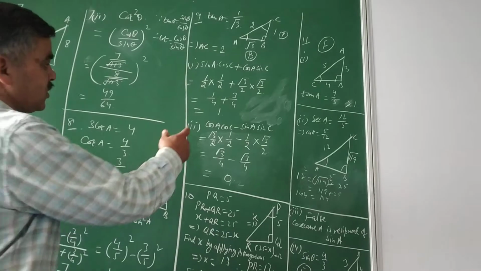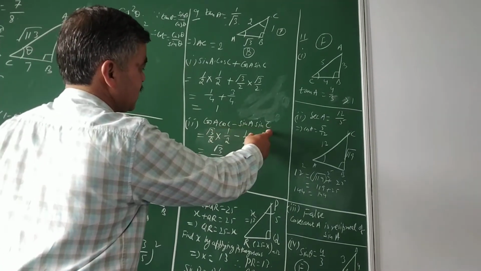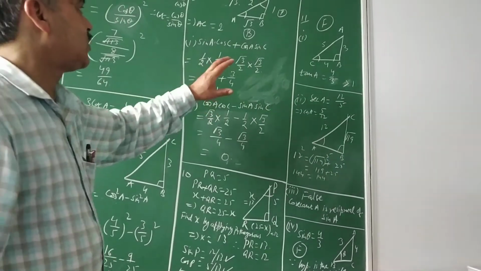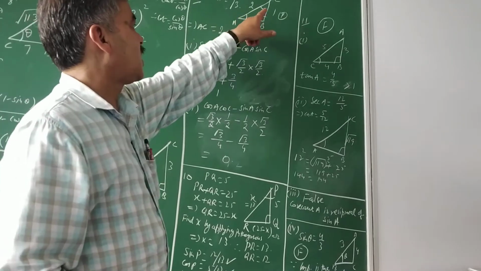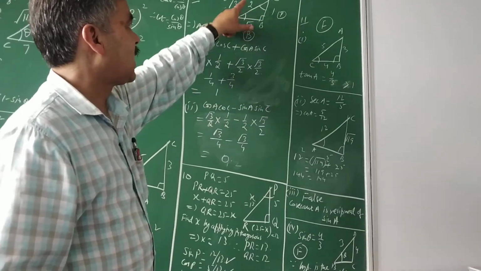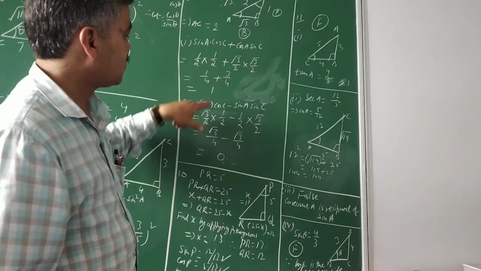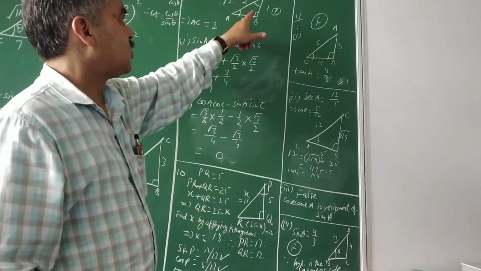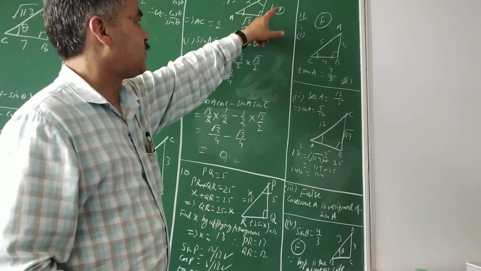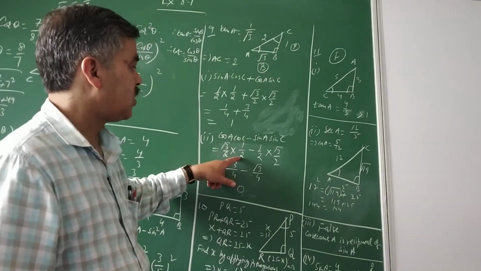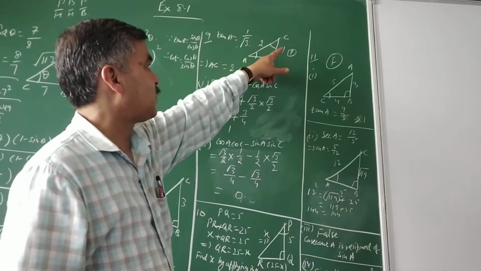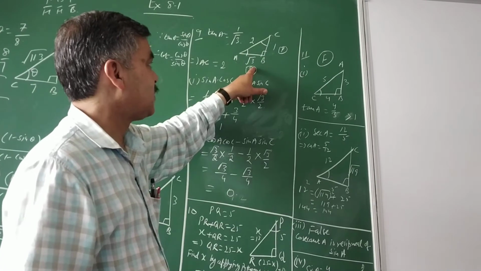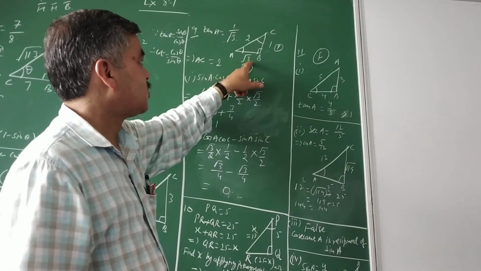In the second, cos A cos C minus sin A sin C. Cos A, what is cos A? Now here it is. This is A, so perpendicular is here, base is here, hypotenuse is here. So base upon hypotenuse is cos A, under root 3 upon 2. When it is cos C, the angle is at C, so this will be the perpendicular, now this will be the base. So base upon hypotenuse becomes 1 upon 2. Similarly for sin A, when the angle is at A, perpendicular upon hypotenuse comes 1 upon 2. For sin C, now the perpendicular will be root 3. Opposite to C will be the perpendicular, root 3 upon 2.